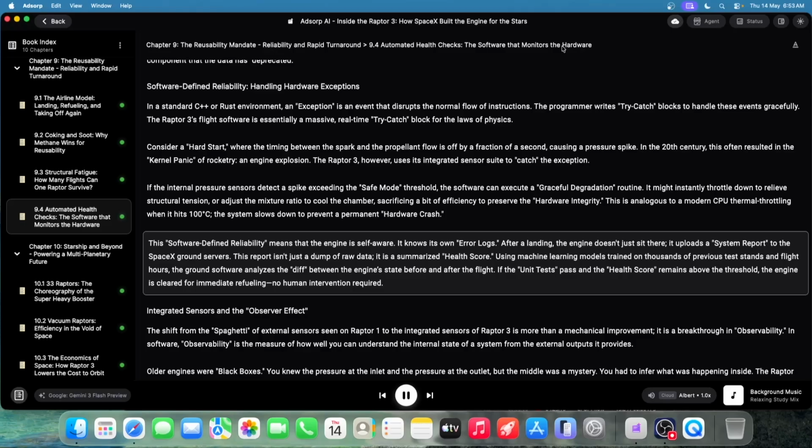This report is not just a dump of raw data. It is a summarized health score. Using machine learning models trained on thousands of previous test stands and flight hours, the ground software analyzes the difference between the engine's state before and after the flight. If the unit tests pass and the health score remains above the threshold, the engine is cleared for immediate refueling,